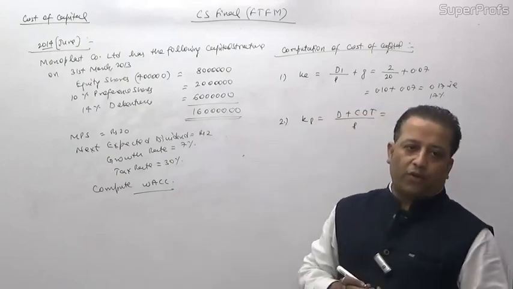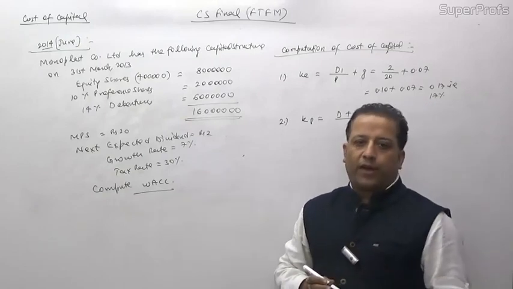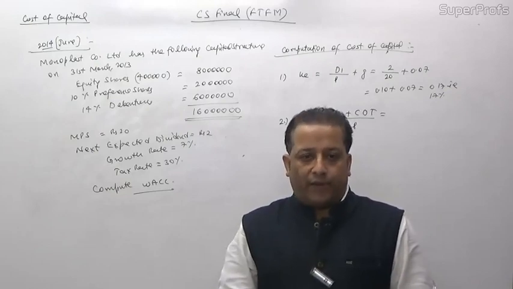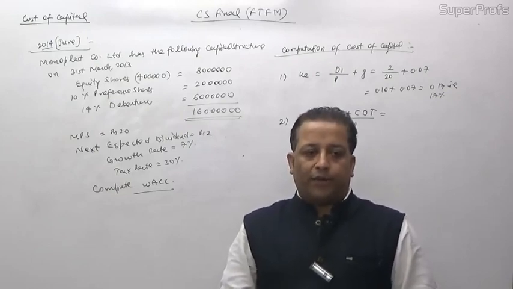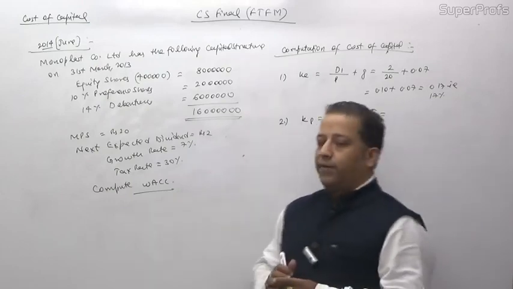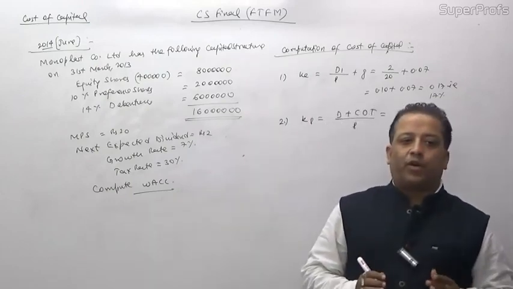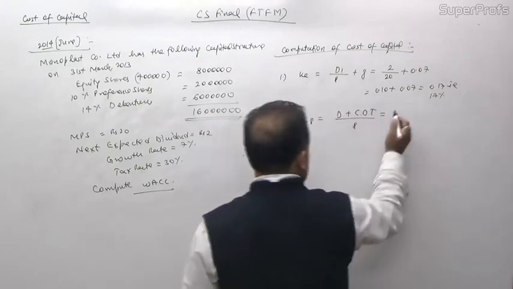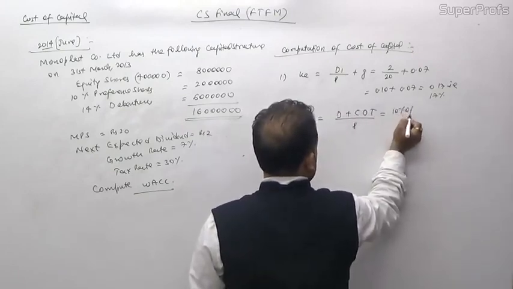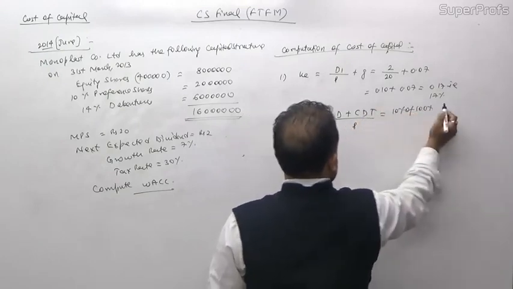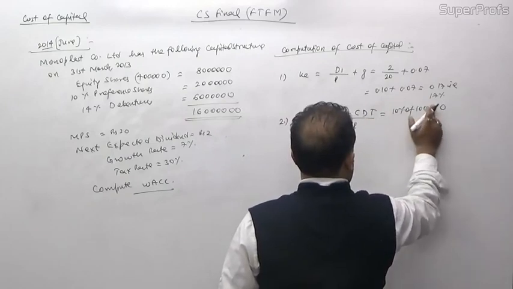The face value is not given. If the face value is not given, the face value can be taken as 100. So the face value is rupees 100. The dividend is 10% of 100. The corporate dividend tax is